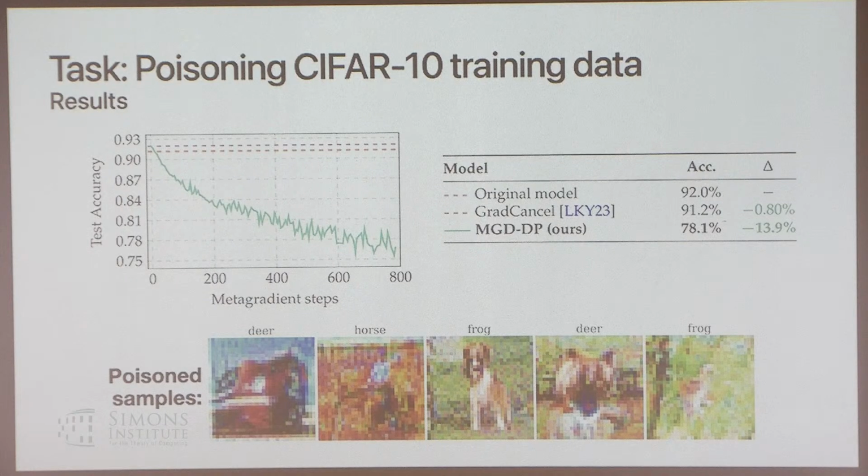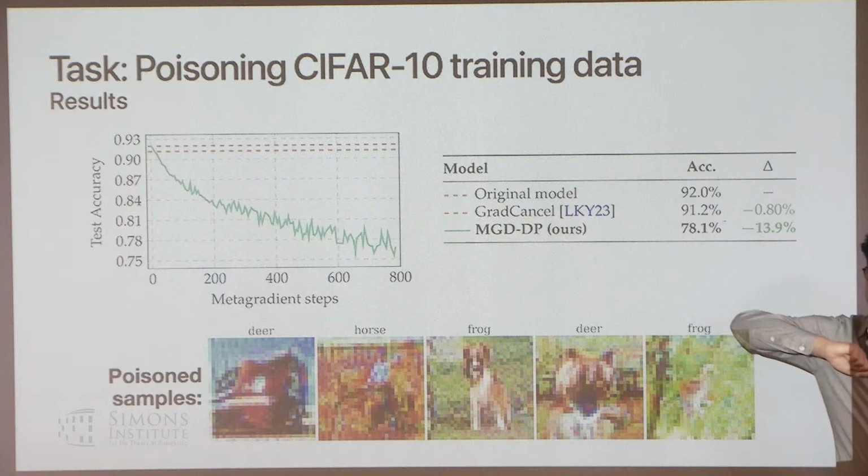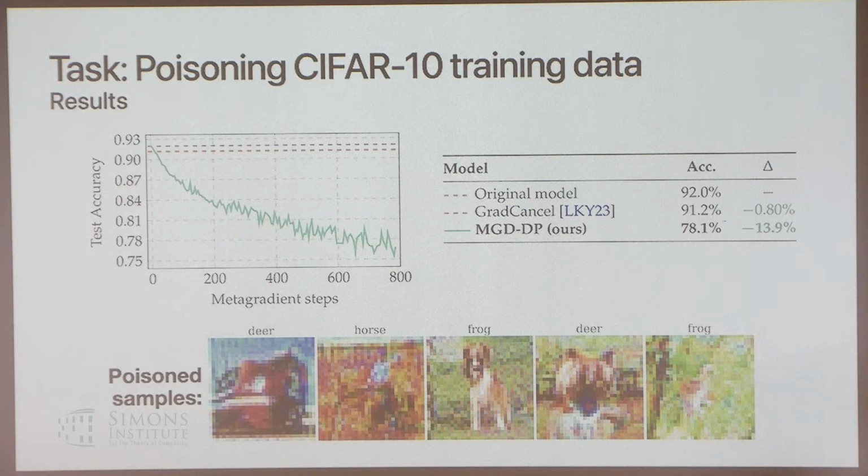Yes? The original model, I might have missed it. Oh, the original model here is just a ResNet trained on the CIFAR data set. I see. And do you think, let's say I use differential privacy or this type of robustness technique, this wouldn't work either? Yeah, I think if you tried any reasonable defense here, this probably wouldn't work. To make something robust against defenses, you would have to do this metagradient descent with the defense in the loop somehow, an adaptive attack. Here we're considering the most basic case, which is just standard model training and changing images.